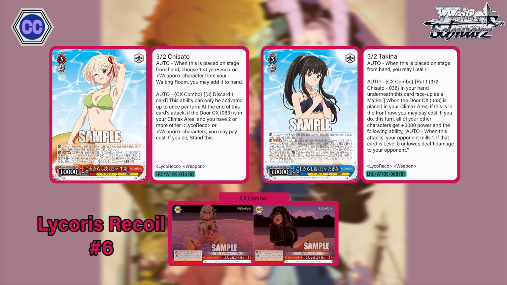So this combo, the potential is very high. Right now I'm imagining it as the optimal ending is maybe 1 Takina and 2 Chisatos, but maybe you could even do 2 Takinas and 1 Chisato if you're not having too much size in your hand, or not having a lot of stock. So I think there's multiple ways to go around this, but I think the 2 Chisato and 1 Takina is gonna be the ideal play. If you want to do something like that, with that setup, you're gonna need 8 stock at the start of your turn, and then,